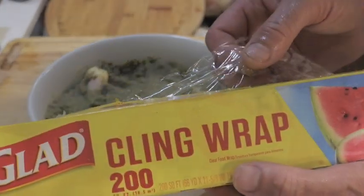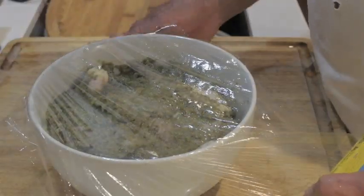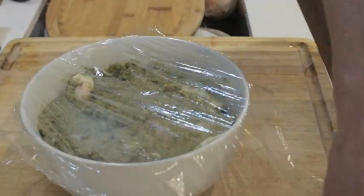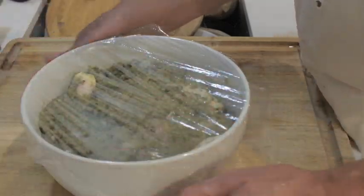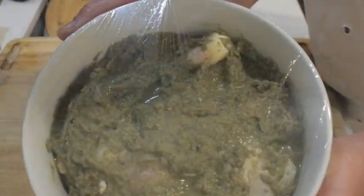Now we're gonna wrap it up and put it in the fridge for 8 hours. Now yesterday I started the video by marinating the chicken first, and then I decided to do the introduction today. But yesterday I marinated, and I was going to say it was going to be for 8 hours. It's been 24 hours because today I woke up